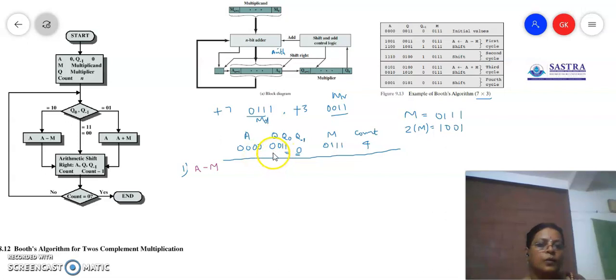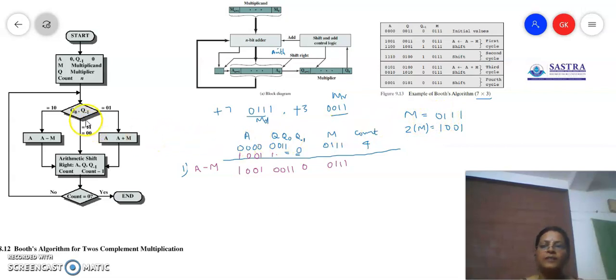So it is going to be 1. This has to be done with A, so we will write this M adjacent to this A. Now we will write here 1 0 0 1. So A is equal to A plus M. Now we have to add. When we are adding like this, what will we get? It is 1 0 0 1, and of course this Q register will have 0 0 1 1, and Q minus 1 will be 0. M is going to be 0 triple 1. You need not repeat M, as it is going to be the same number. Whenever we subtract, we will refer to 2's complement of M, and whenever we add, we will refer to M.